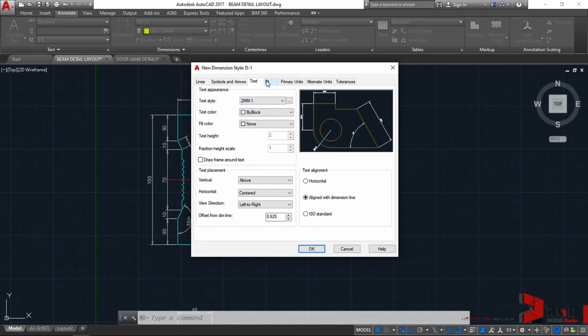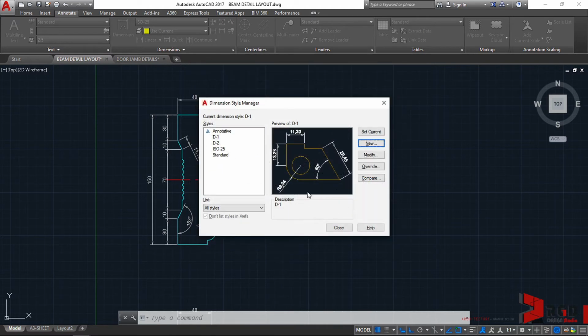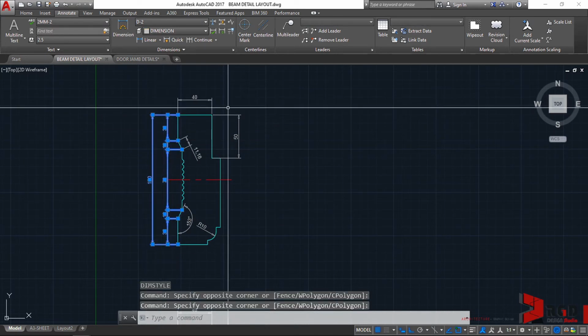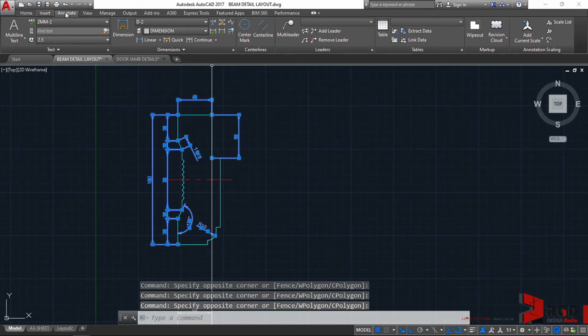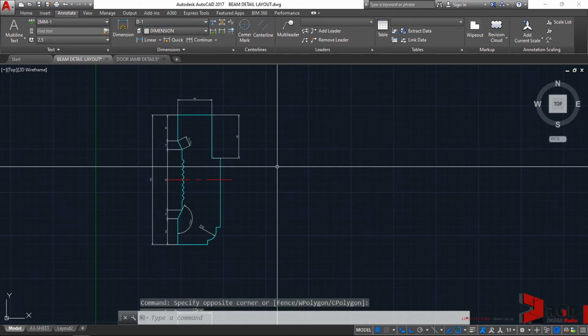And then of course the most important thing is in the fit tab, this must be properly set to 1. And then okay. And then select D1 and then set current and then close. Then select all these dimensions and on the annotate tab select D1, then Control S to save.